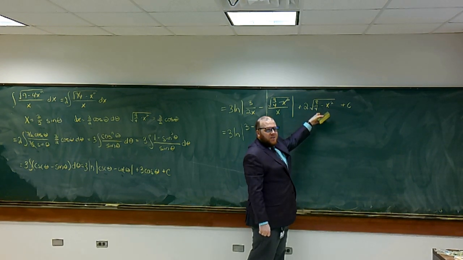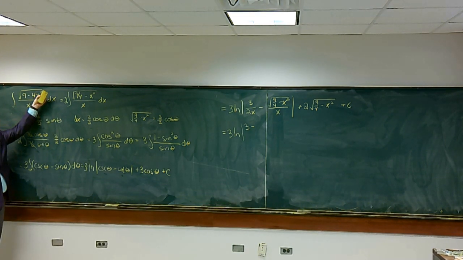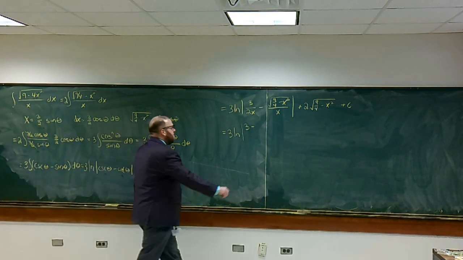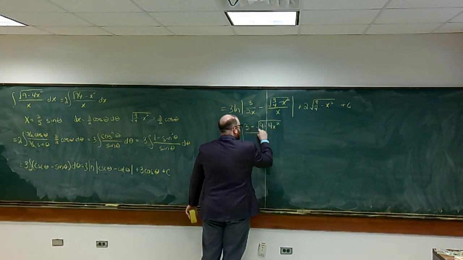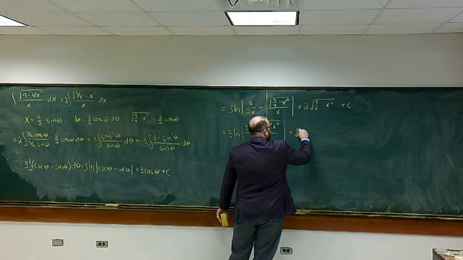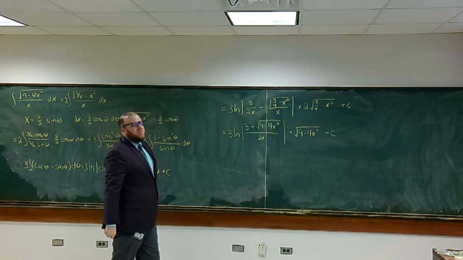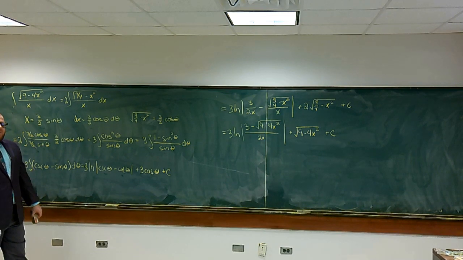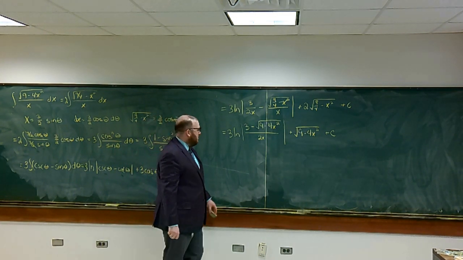If I pull that 2 in, it's the square root of 9 minus 4x squared, isn't it? So I could write it like that. Or